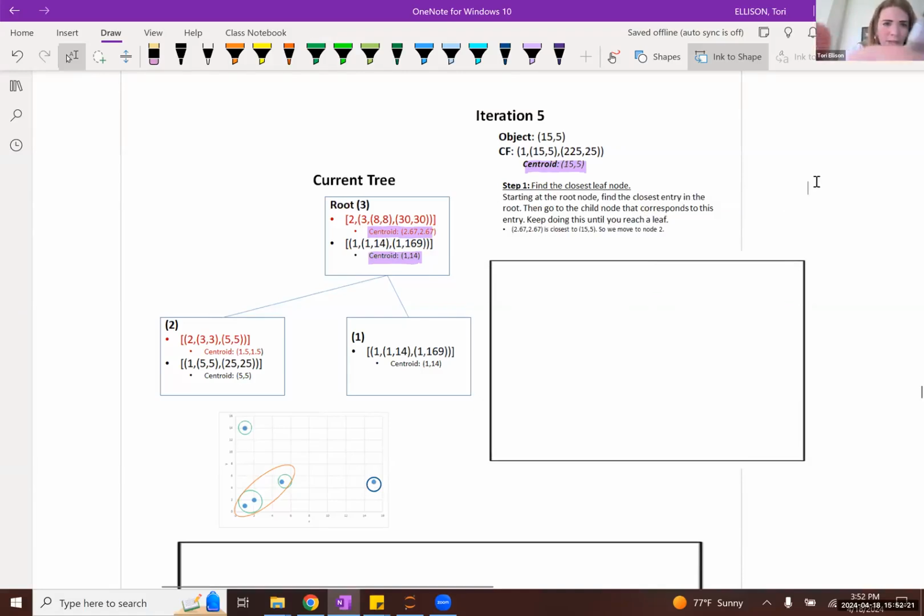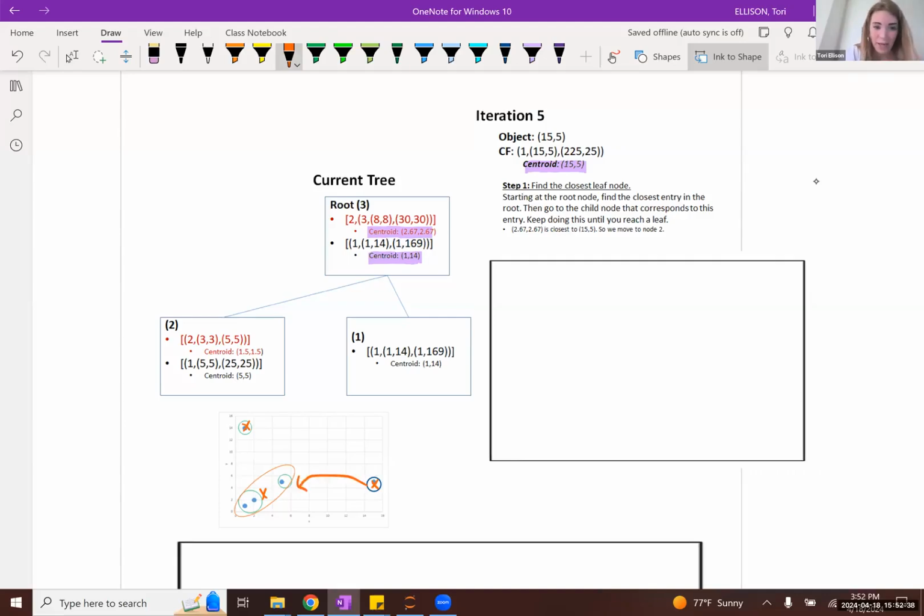We can see that this centroid here is closer to this cluster's centroid than it is to this cluster centroid.